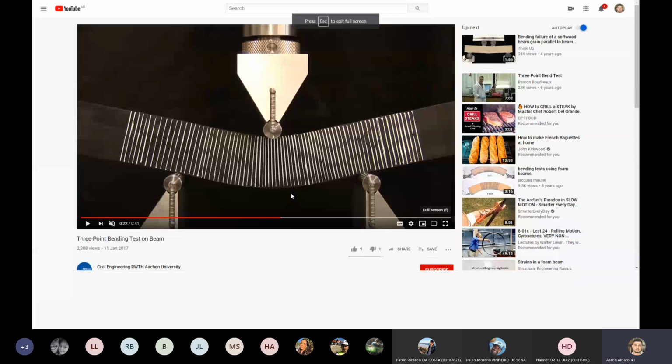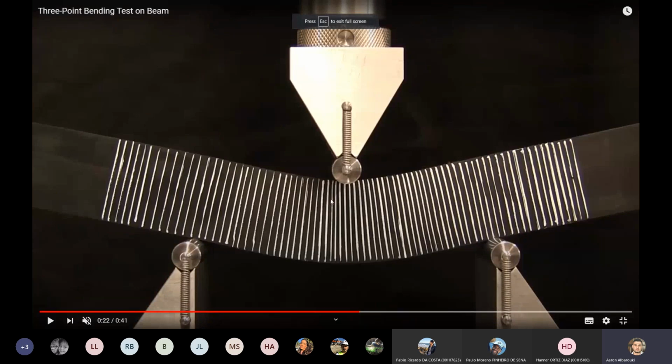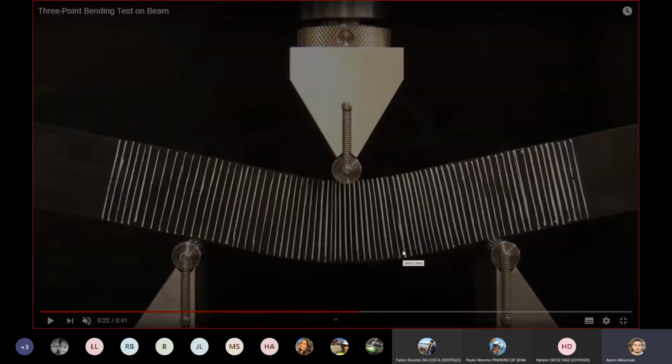look at this. I've got compression here at the top, maximum compression, tension at the bottom. Somewhere here in the center, the tension and compression are equal to each other, and they counteract each other because they're both equal in value and opposite in direction. One is trying to push into the section. The other is trying to pull away from the section. So if I take a screenshot of this,